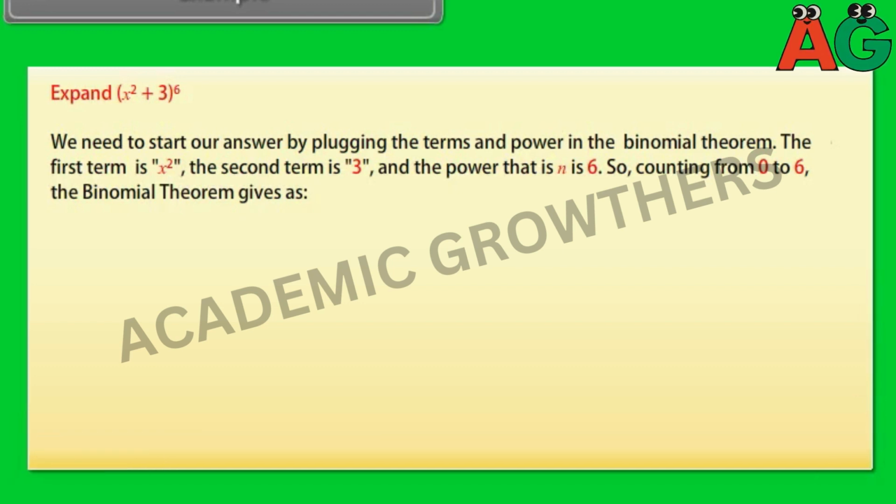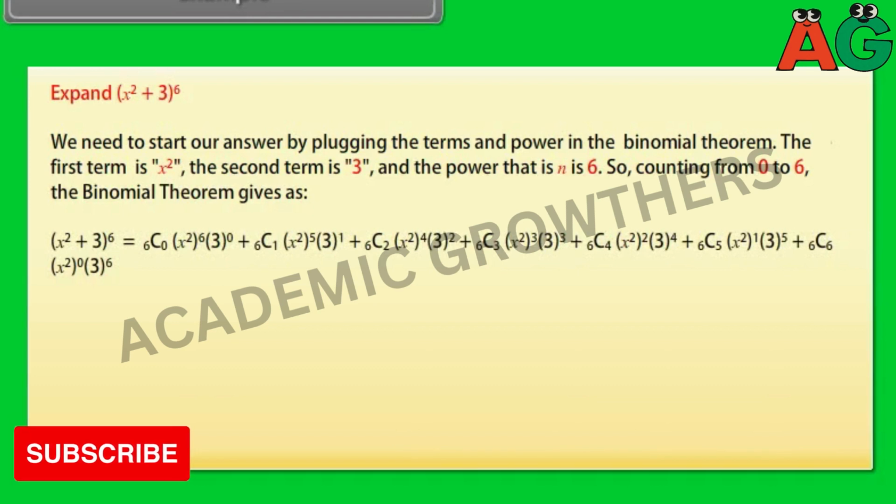So, counting from 0 to 6, the binomial theorem gives (x² + 3)^6 is equal to 6C0 into (x²)^6 into 3^0 plus 6C1 into (x²)^5